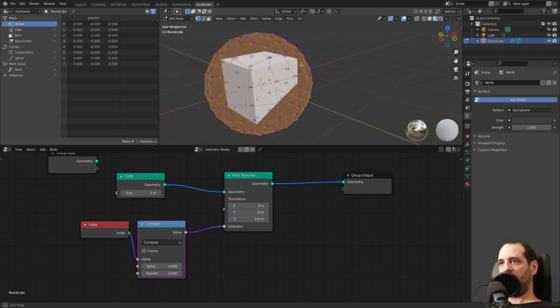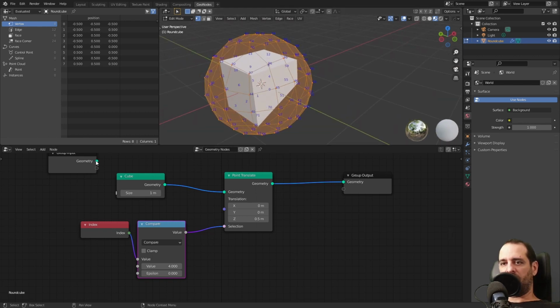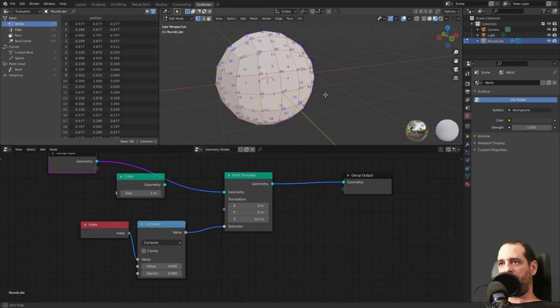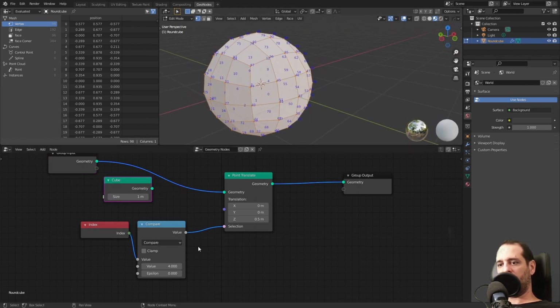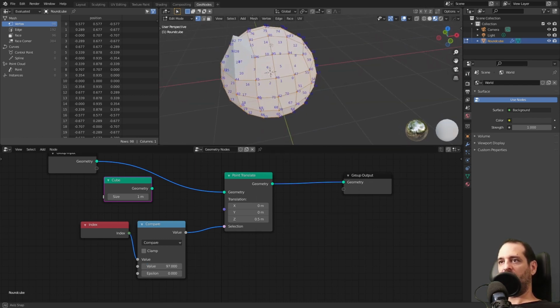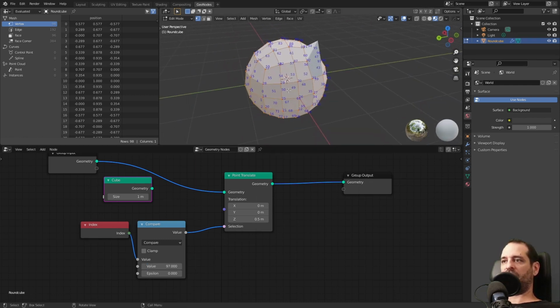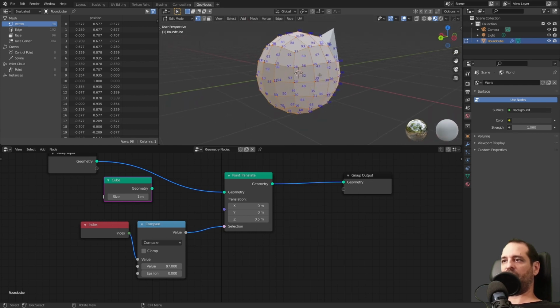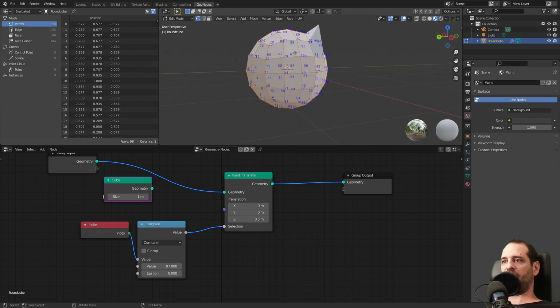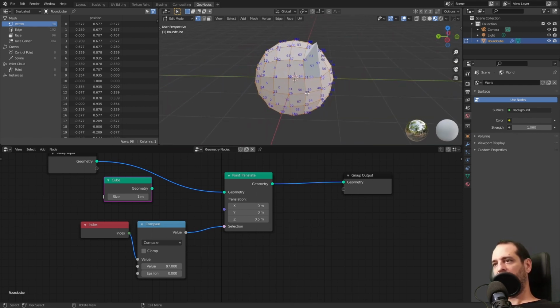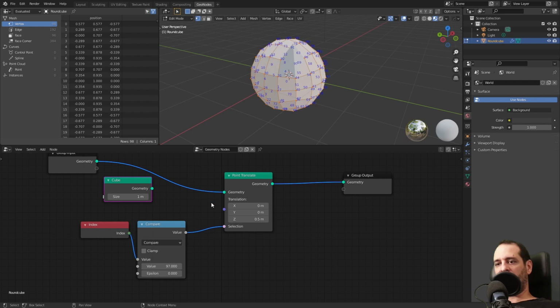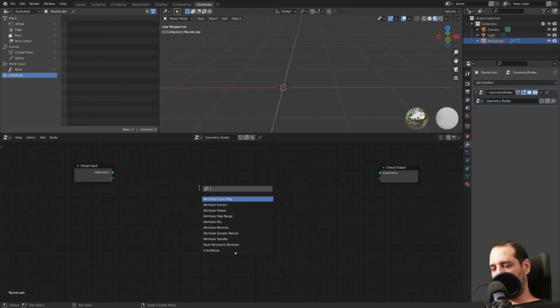So let's test this. Let's connect our original geometry here. So we have our numbers and we will select a vertex here. I will select this one and you can see that only the vertex 97 is moving up. So we could use this eventually to extrude specific faces, or, I don't know, it will be way easier to create complex shapes. We will use a circle mesh